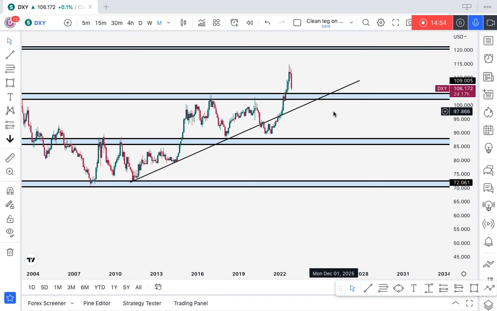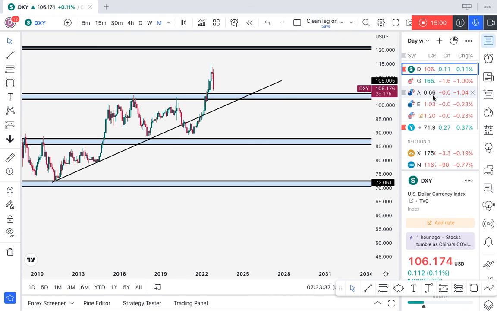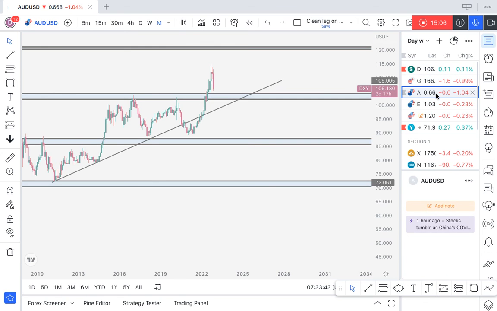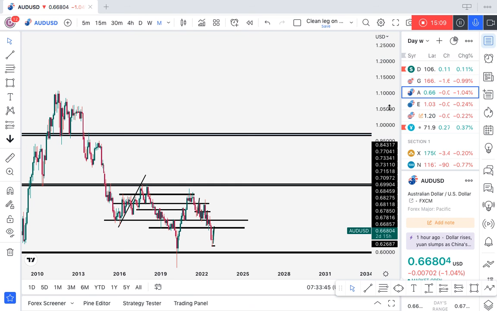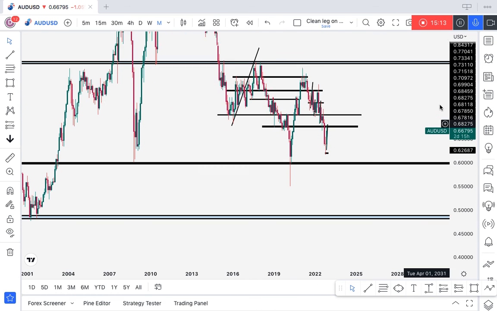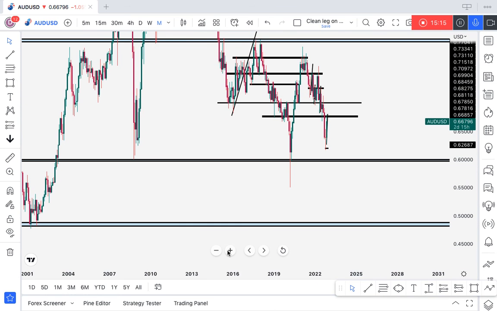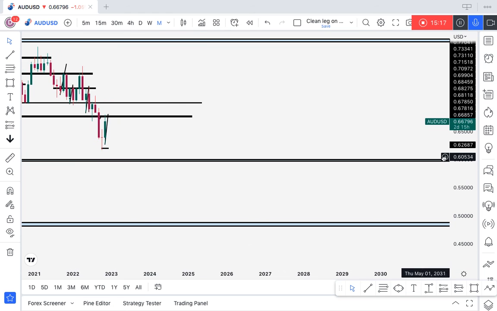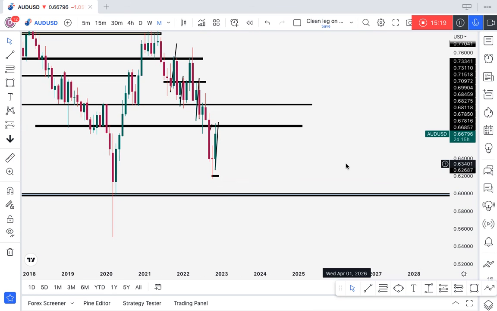So if we fail to sustain above that level and then we break to the downside, then ladies and gentlemen, I am done with the bullish momentum on DXY right now. What does this mean across every other pair? If this breaks below this whole level, I'm definitely looking for buying opportunities across the XXX/USD pairs. So now this is AUD/USD, which is a pair that I love to trade. Very, very simple to trade, one of the easiest pairs that you come across in the forex market.